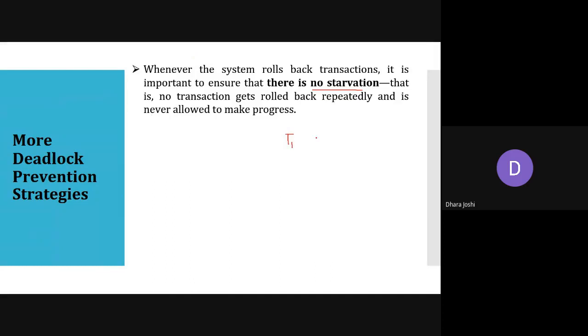Suppose we have T1 and T2. Whenever both of them want the same data item, T1 always has the priority. So T2 needs to roll back for data item X. Now suppose we talk about data item Y. Again T1 has acquired it, T2 needs to roll back. Z, again T1 has acquired it, T2 needs to roll back. So each and every time the same transaction needs to wait or be rolled back, so it will never make progress in executing T2's instructions. So it is called starvation. We need to also make sure that starvation will not be a problem here.